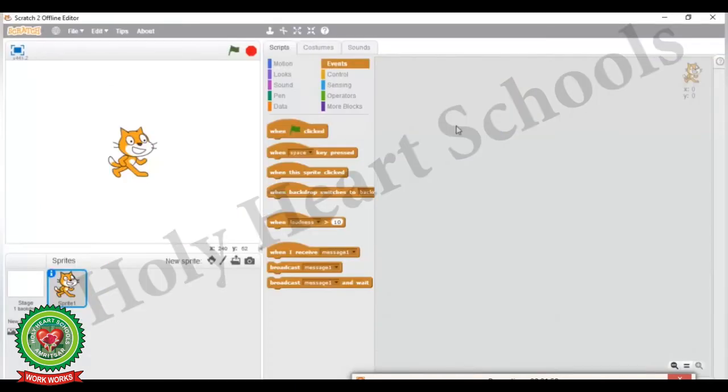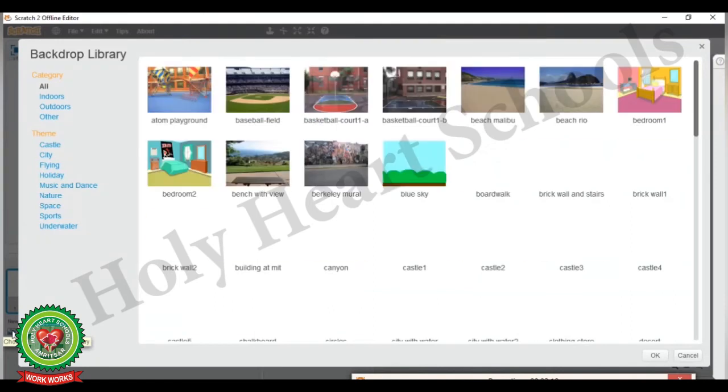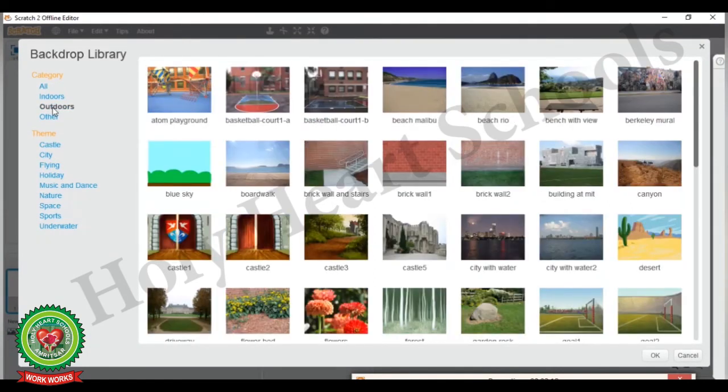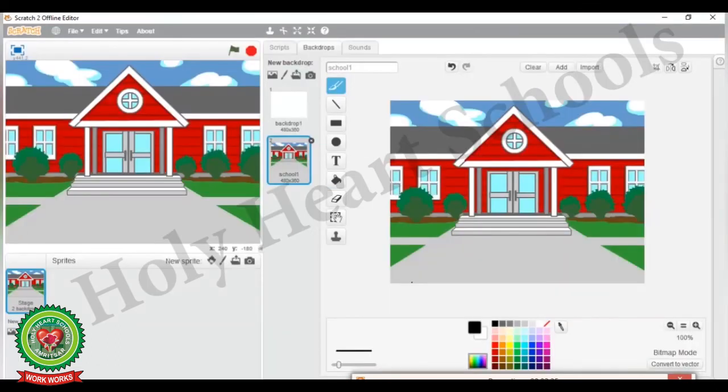First of all open your Scratch window and delete the default sprite. Now change the backdrop of the stage by clicking on the Choose a Backdrop from library button. From outdoors I will click on the school 1 backdrop. Now the background of the stage has been changed.